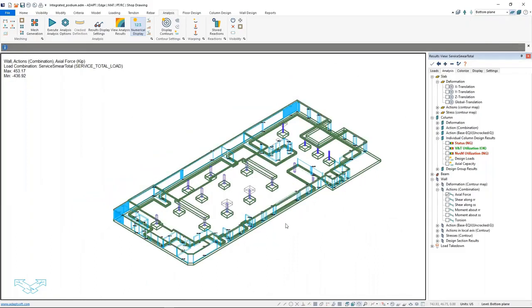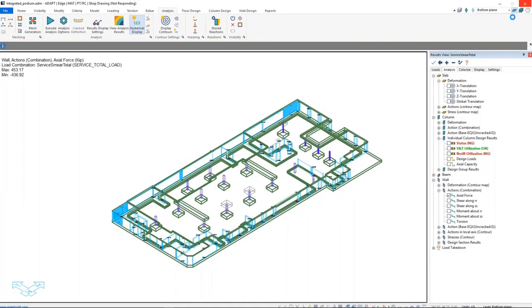What I'm going to do is turn on the complete concrete box again. So far, if you look at the top right, I was in single level mat mode. You can see the mode that I'm in, where if I move my mouse to the top left corner, you can see that it's in ADAPT-Edge. Edge means that it's supporting multi-level analysis. Mat being the mode that I'm in turns on soil support and also gives you more advanced options for applying all reactions when you're doing the load takedown, PTRC, and shop drawing. So